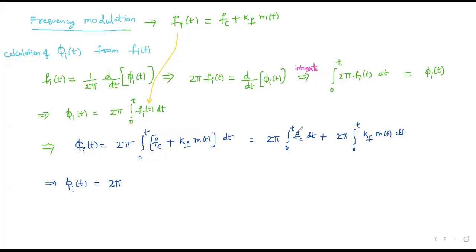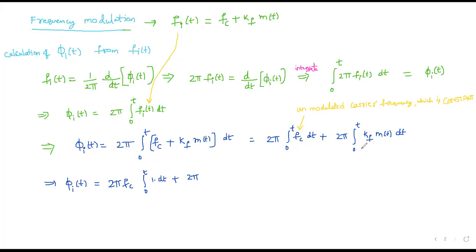Fc is the unmodulated carrier frequency, and it is a constant, and hence I can write this fc outside. When I write the fc outside, I get 2 pi fc into integral 0 to t 1 dt plus